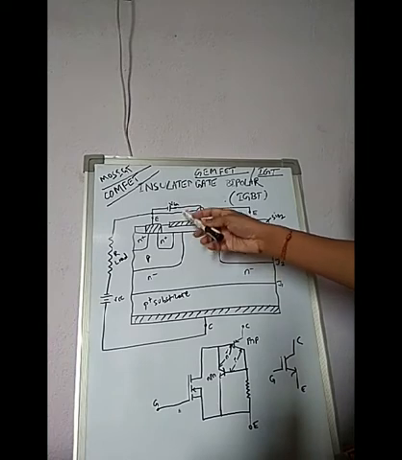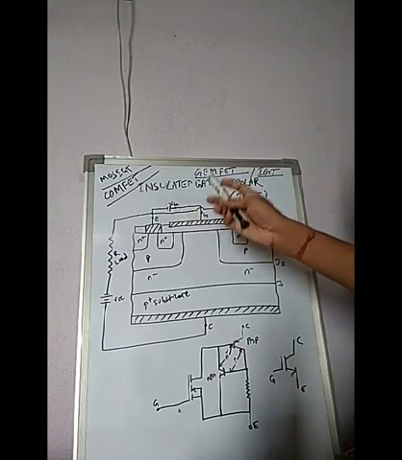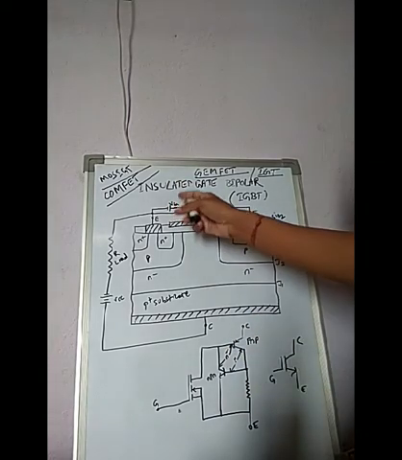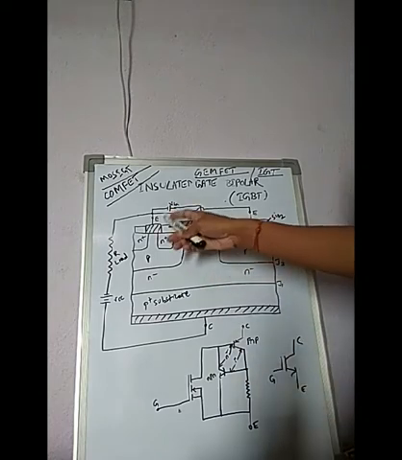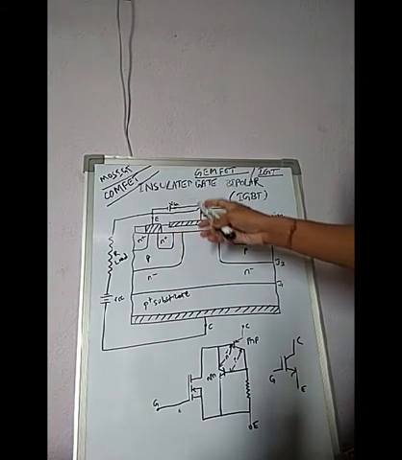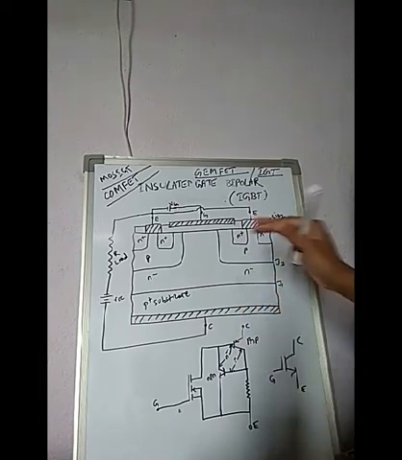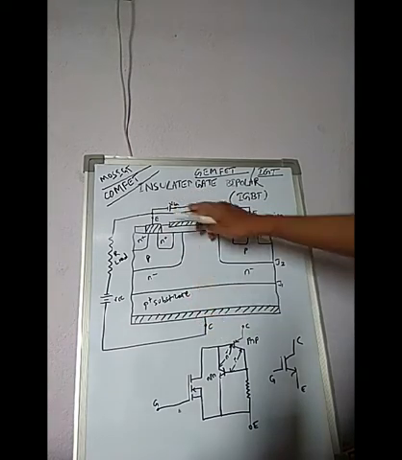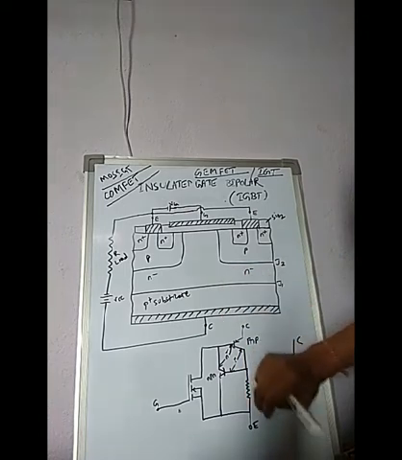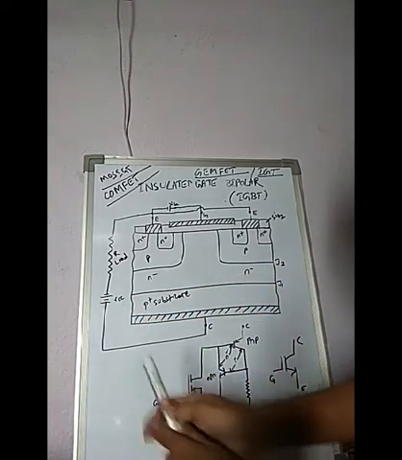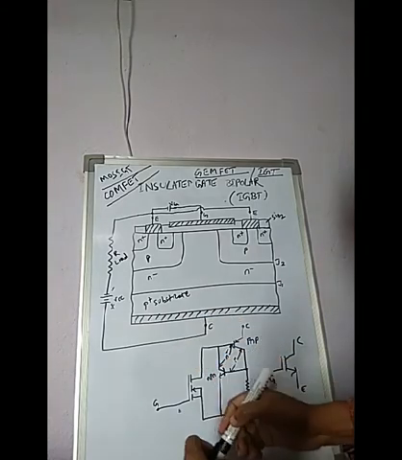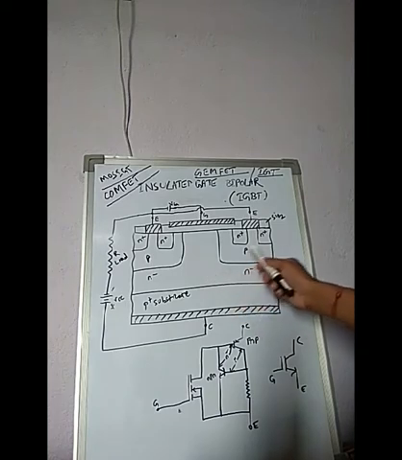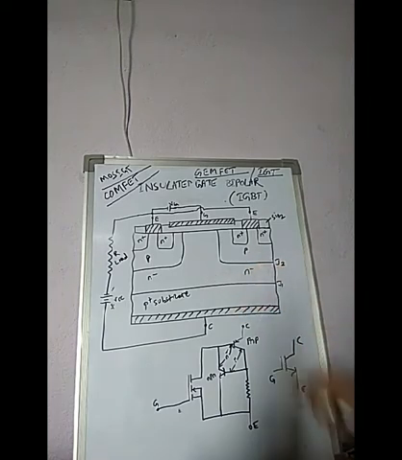Here the control signal is the gate emitter voltage, the gate voltage. So when the gate is positive with respect to the emitter, what happens? Before we apply this gate voltage, this part is open, and VCC is there, with plus and minus as shown. Through this structure there is junction J1 and junction J2, which are PN junctions.